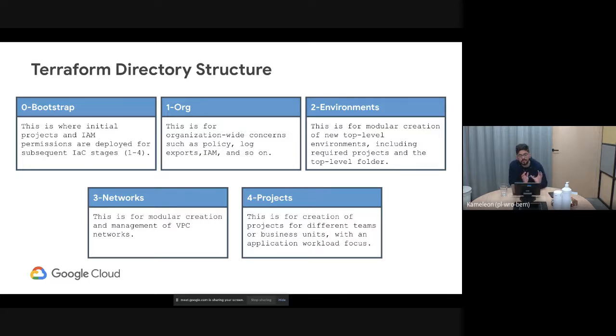So how is the directory structured, or how is Cloud Foundation's Toolkit available? It is available as an open source GitHub repository, which contains various different folders, and it is actively maintained by the community as well as by the engineers from Google. So when you look at the Terraform directory structure for the Cloud Foundation's Toolkit, it starts with Bootstrap, which contains